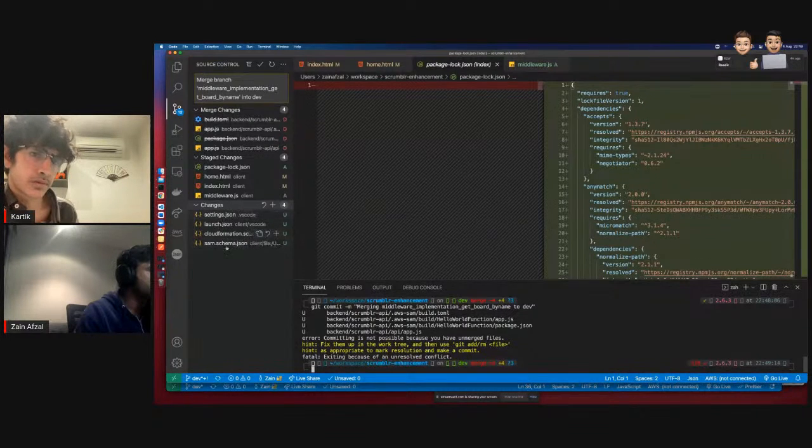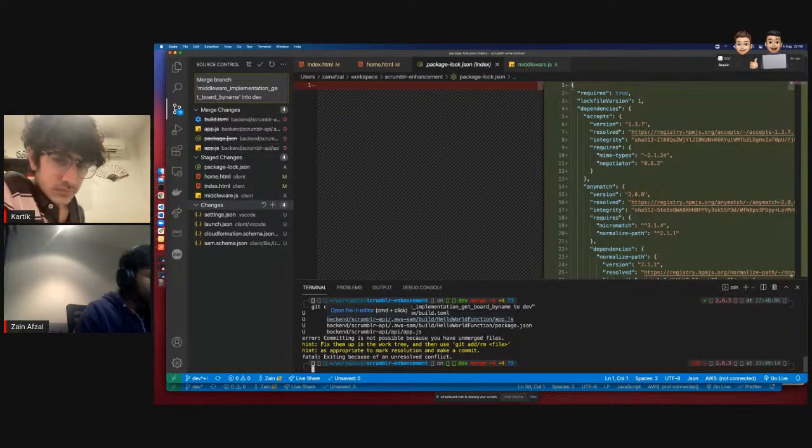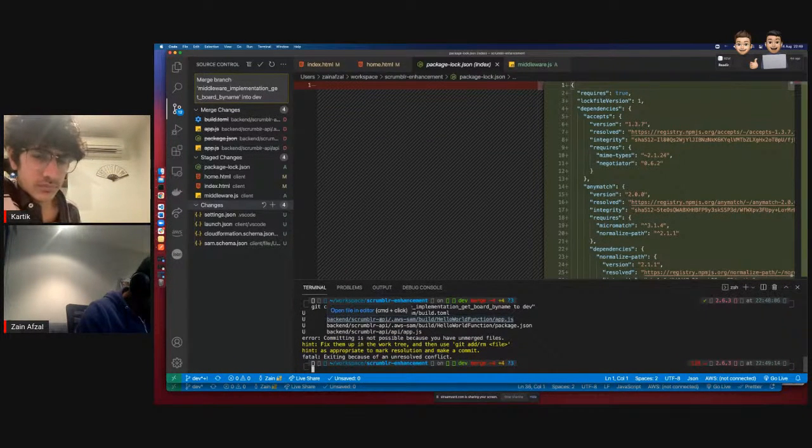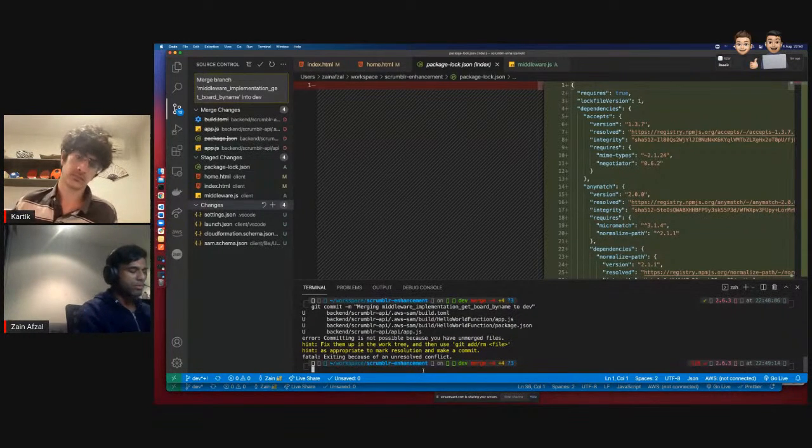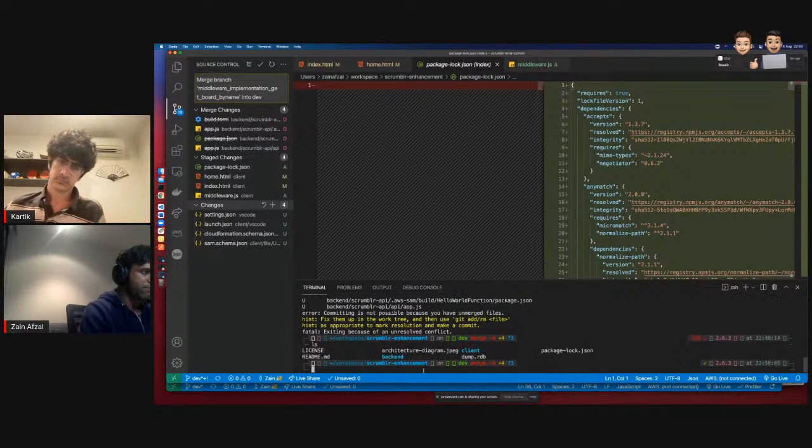If you look at them closely, it's the backend AWS SAM folder. So this folder shouldn't be there anymore. What I'm gonna do is actually delete that folder completely. It shouldn't be there at all.